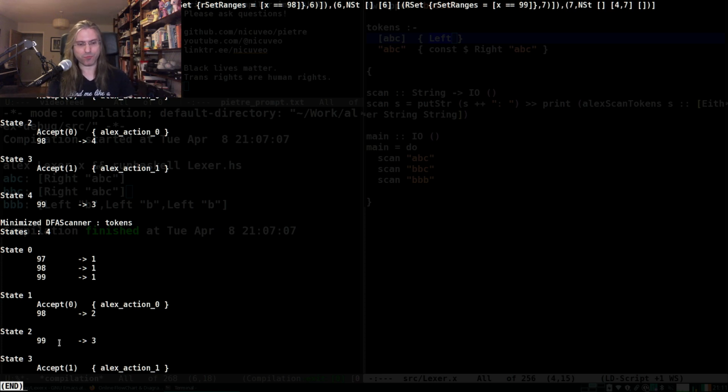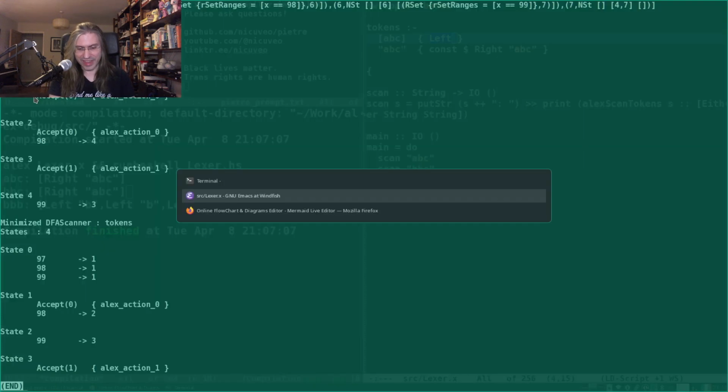What happens is this. During the minimizer phase, what Alex is trying to do is to find states that are equivalent, as in they have the same accept and they are indistinguishable. Like, we can't make a difference with their input. So it's not just that they have the same accept and the same state transitions. It's also that everything before them also matches. And here, I think this is one that could be matched. No, I don't think there was anything that can be simplified here. However, here, the code believes that state 2 and state 1 are identical and can be merged. So what's the problem? Let's look at the code.